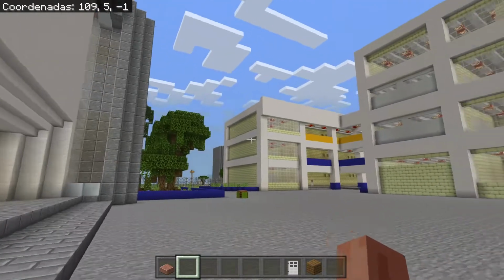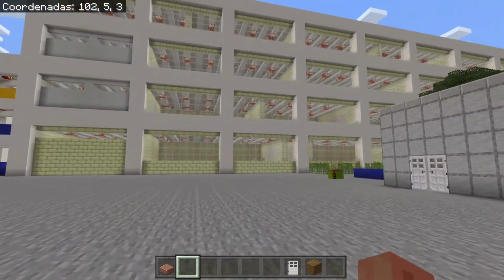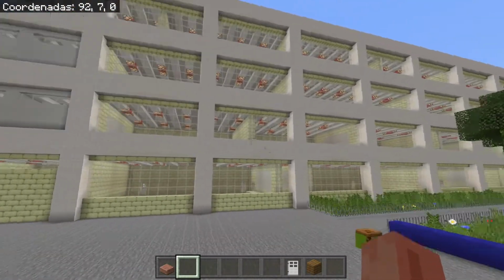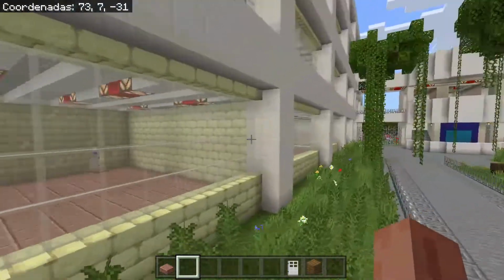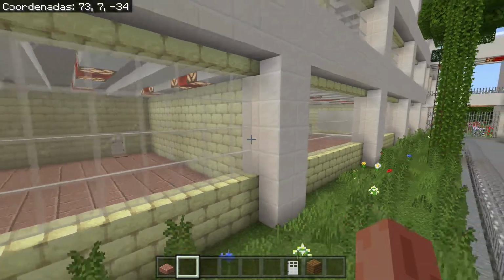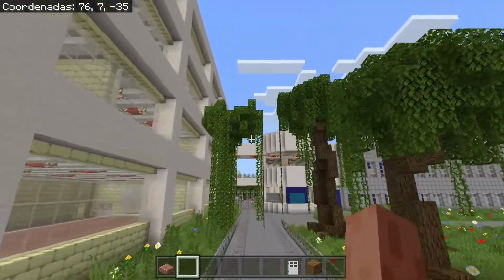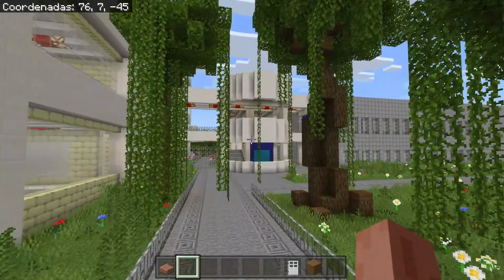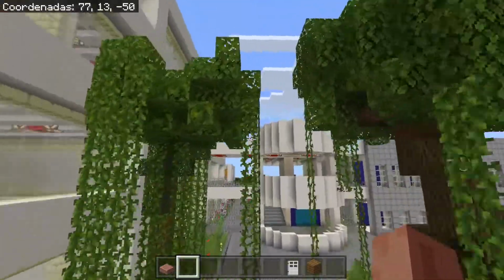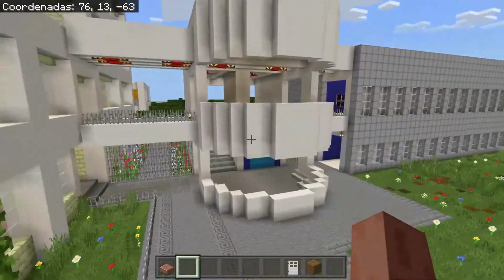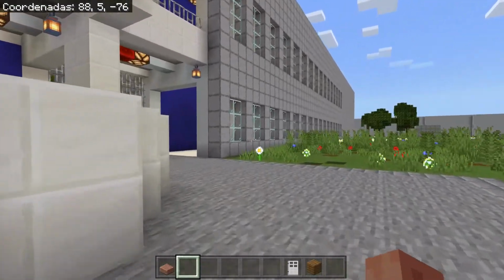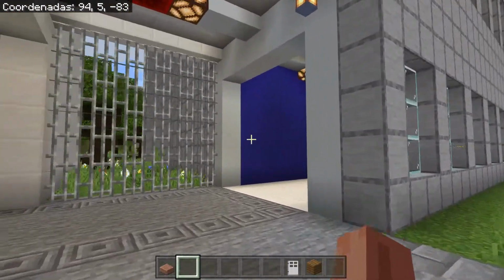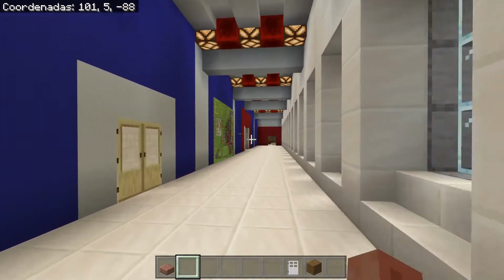So this was the library and the self-access center. All of those that you're looking at right now, all of those are classrooms, and it is possible to enter every one of those. So this is incredible. There's so much that we could and we should do with this map. And now I want to show you some of the other rooms of my school over here.